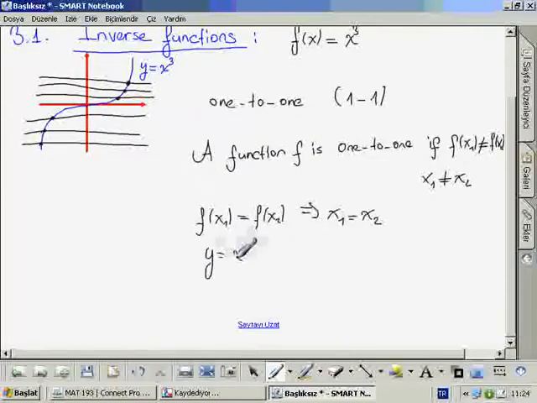And y equals x cubed, so x equals y to the power of 1/3, so we can call